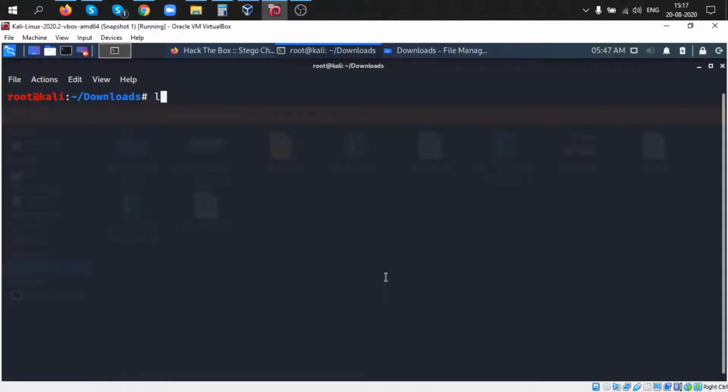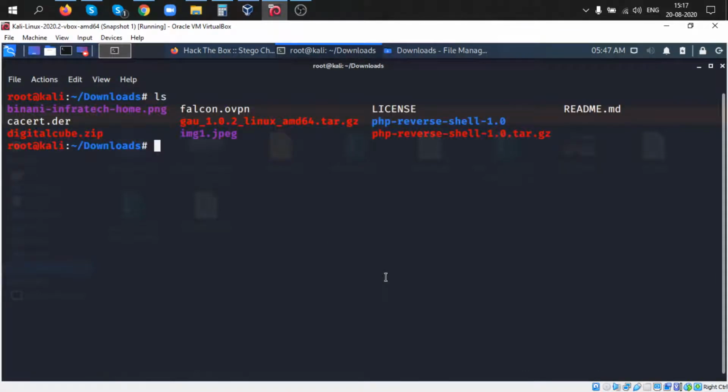Type ls, and there is the digitalcube.zip file. I try to unzip it with the unzip command on digitalcube and hit enter.